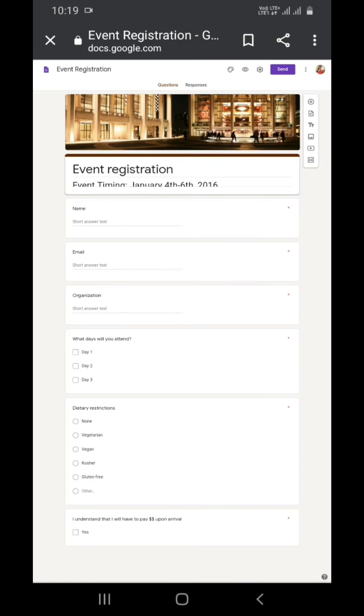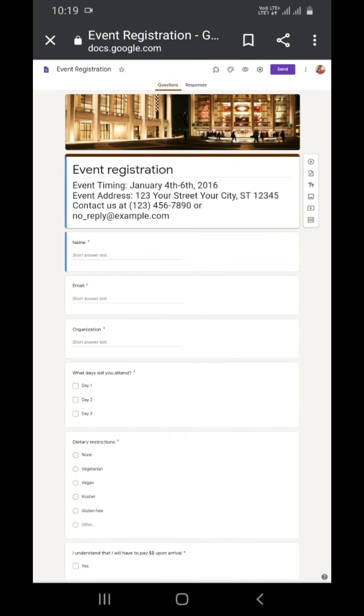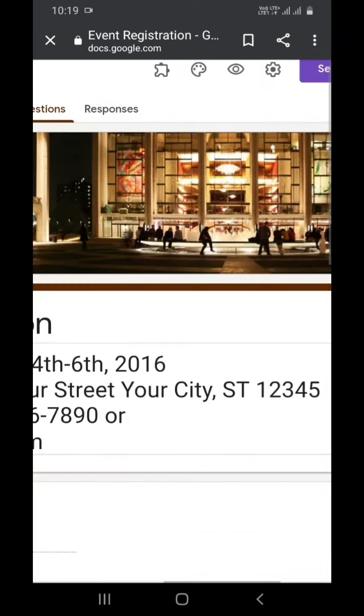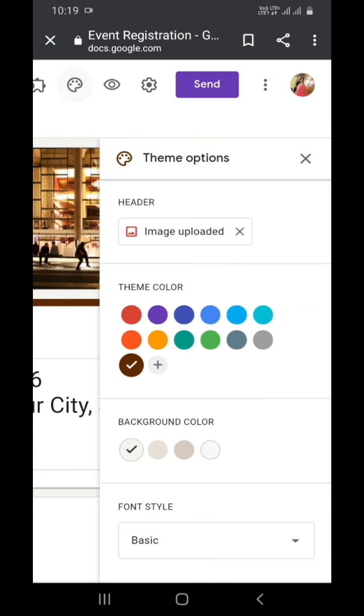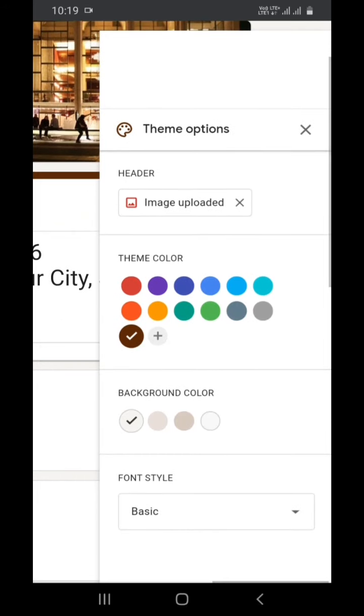Here we can customize the design or we can add or delete fields however we want. This is the option where you can change the color or you can change the image. When you click on this color button, you can see these many options.